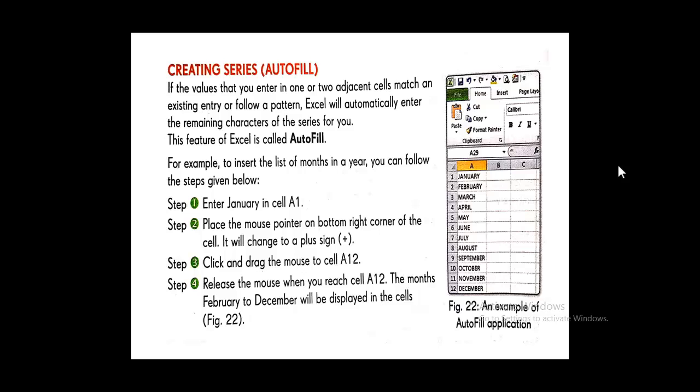Click on A1, and at the bottom right of the box there is a small dark square. When the mouse pointer is placed there, the mouse pointer will change to a plus sign. Click and drag the mouse to cell A12. Don't release the left mouse button. Hold and drag the mouse till A12, then release the mouse and February, March, up to